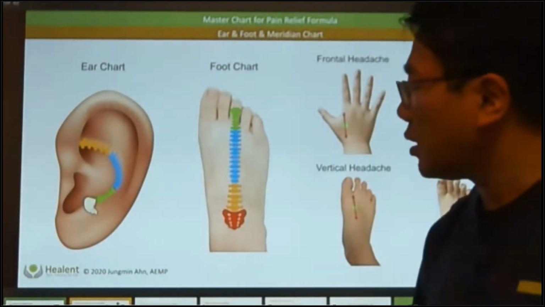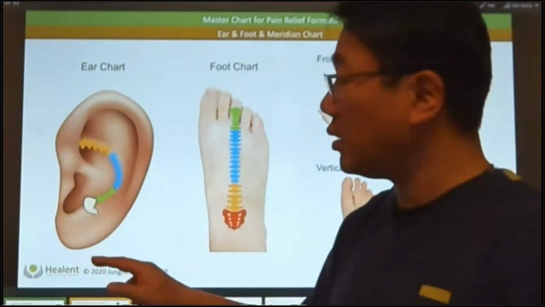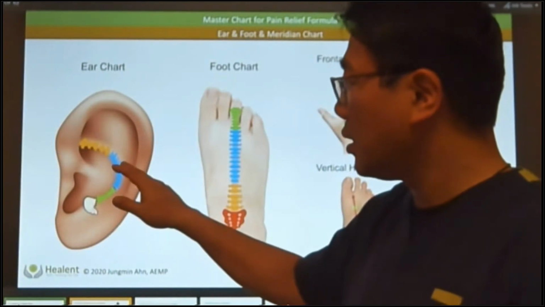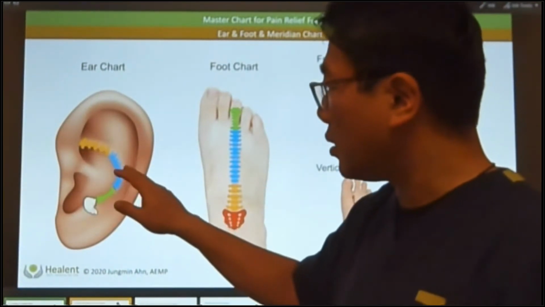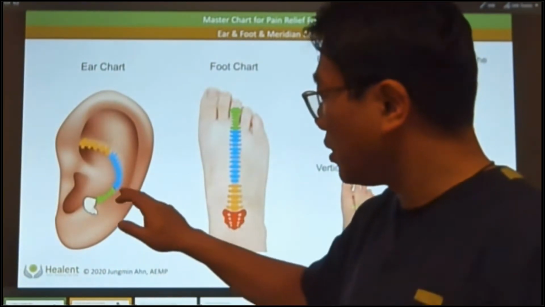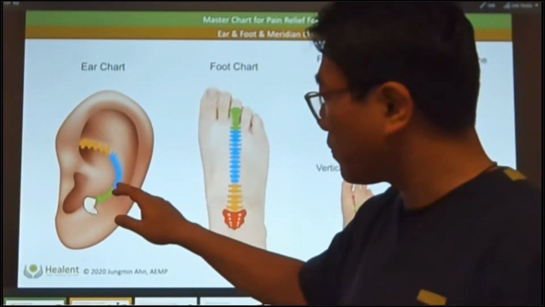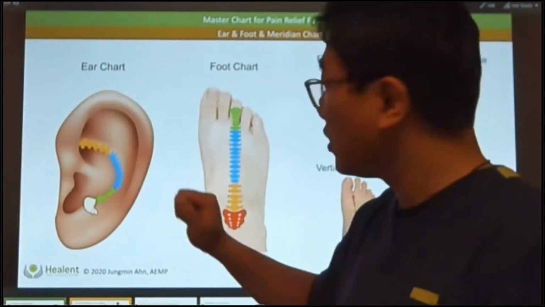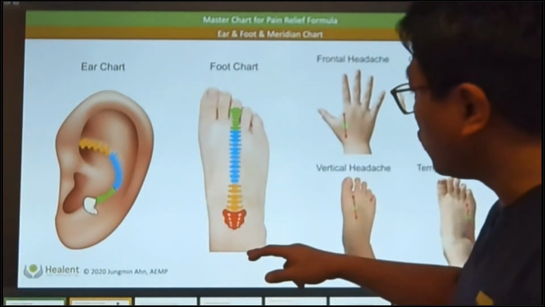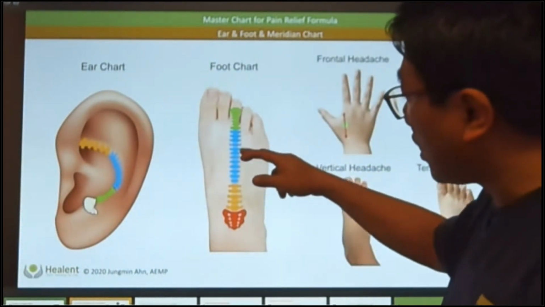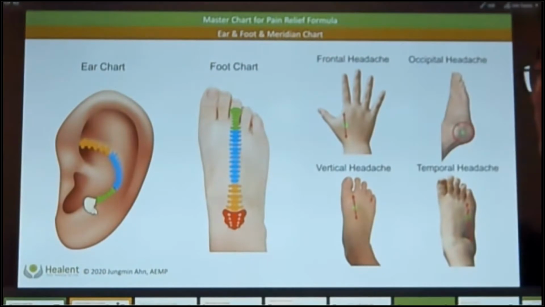And the ear is the same thing. This is the neck, upper back, and lower back. Between your upper back and your neck, there is the shoulder right there. And this is your foot chart. This is the neck, middle back, and lower back. And then different sides